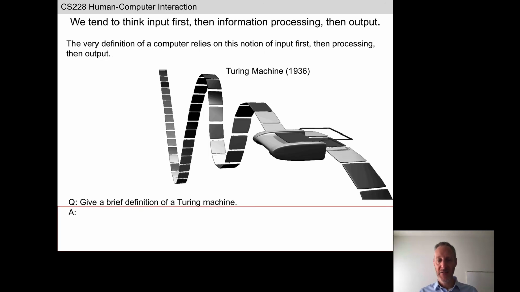6 years after B.F. Skinner introduced behaviorism, or the Skinner box, Alan Turing introduced the Turing machine, which is very different from the Skinner box, but has something in common, which in 1936 was still just a thought experiment, and there wasn't a physical machine yet. The Turing machine also would receive some input, do some information processing, and then some output. Let's try and be a little bit more specific of that. In a couple of sentences, what does a Turing machine do?